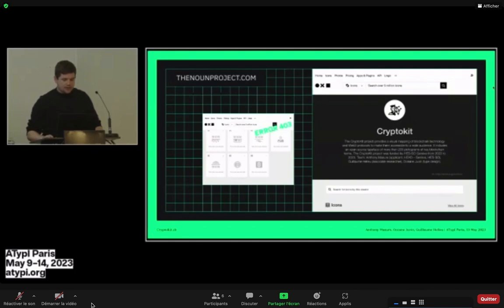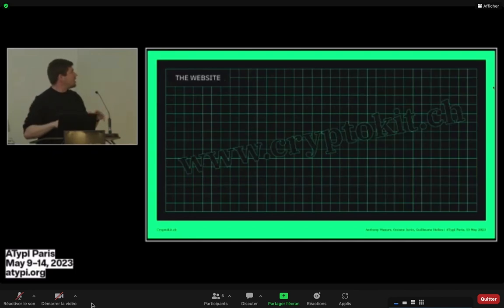This, for example, is the Noun Project, where we can see that we gave them the pictograms in CC0, on a very public and well-known website for this. And as you can see, we have this kind of error 404, access denied, because in this situation we have to respect the rules set by the Noun Project, and every pictogram that has a character, letter, or whatever has been denied. So if you find a way to express Bitcoin without using the B, let us know. We would be interested. That's why we gather everything on the CryptoKit.com.ch, sorry, that we're going to present to you.